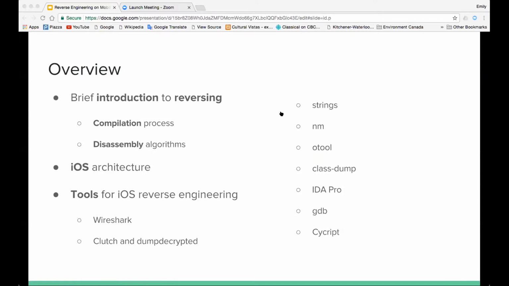The overview of what I'll talk about today is first, I'll give a brief introduction to reversing, including the compilation process and disassembly algorithms. Then I'll talk about the iOS architecture. The tools I discuss are Wireshark, Clutch, Dump Decrypted, Strings, NM, OTool, ClassDump, IDA Pro, GDB, and Cycript. I'll go through the tools in the order in which I would use them if I were reverse engineering an